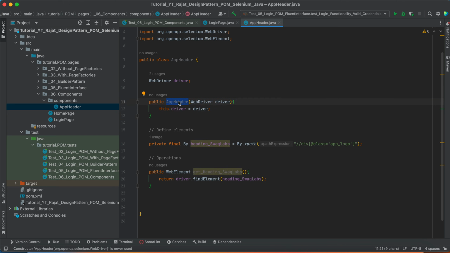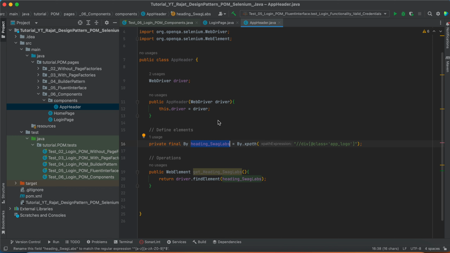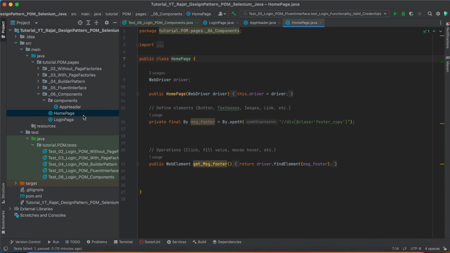Okay. So now, what do we need? We actually need this header, like the application header, the Swag Labs heading, which we want to validate that this is present or not on the web page after the successful login, right? So I need this basically inside one of my test cases. So we have this home page, right? So inside the home page only I'm trying to find. Okay. So what I'll do,